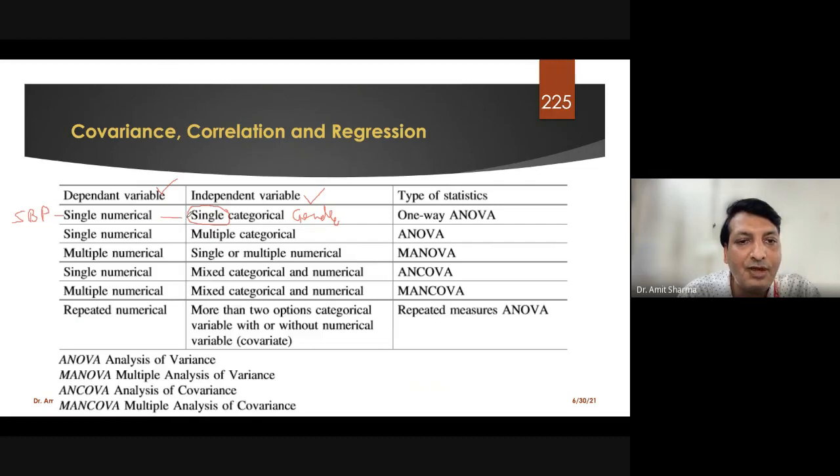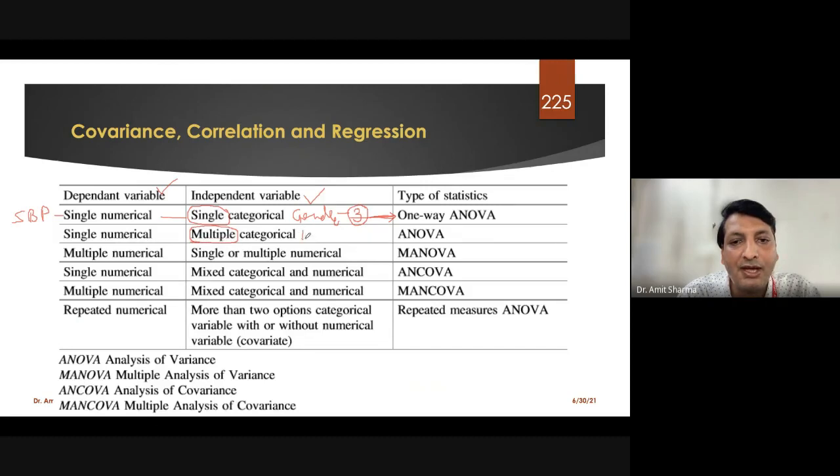So when we have one such variable, then we can go to the test called one way ANOVA. But I cannot take gender here because gender has only two categories, so the test will be the independent t-test. We require at least more than two categories. It should be at least three. Then only we are eligible for one way ANOVA. This we have already done. If the independent variable is multiple, that means two independent variables we are taking.